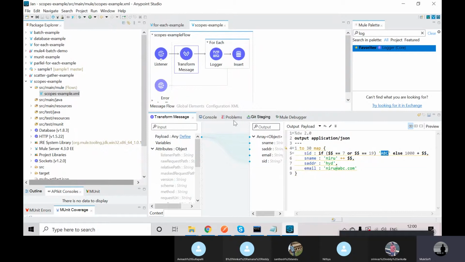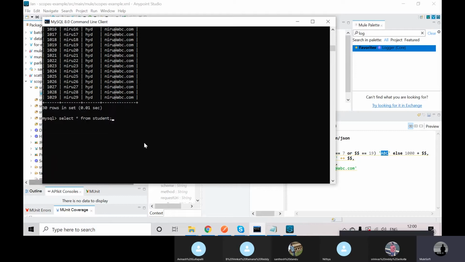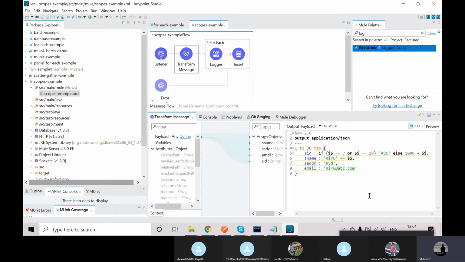We'll see. Okay. So in this scenario, I will refresh, and I'll delete all data. Delete from student, the query affected 30 rows. If I again hit select star from student, it is giving an empty set, nothing but I'm deleting all these 30 records. Now my table is empty. So now I am trying to insert, and I have an error at the 7th position, nothing but the 8th record, and I have an error at the 20th record. Okay, what will happen, we'll see.